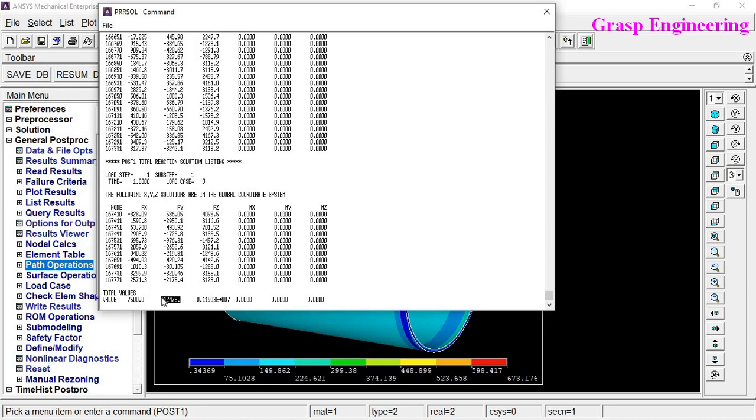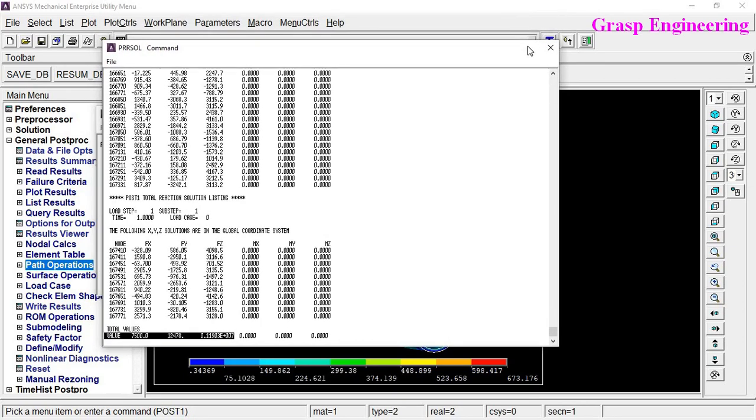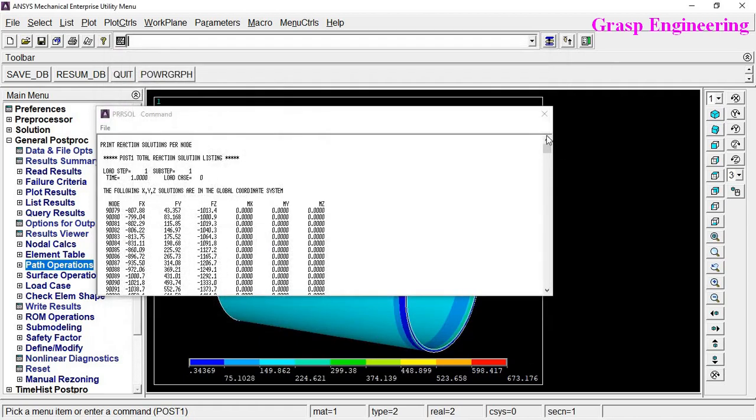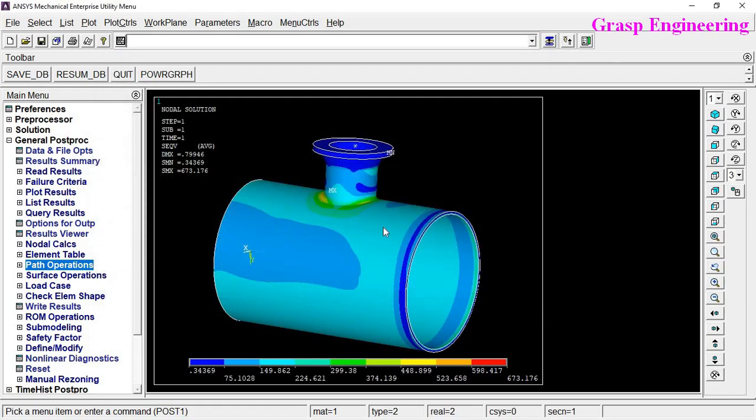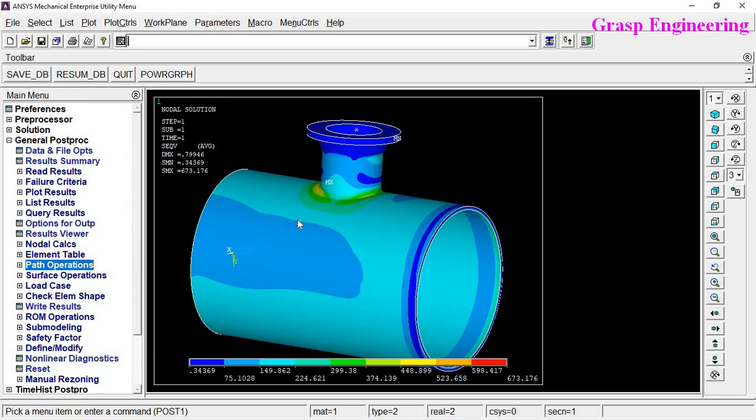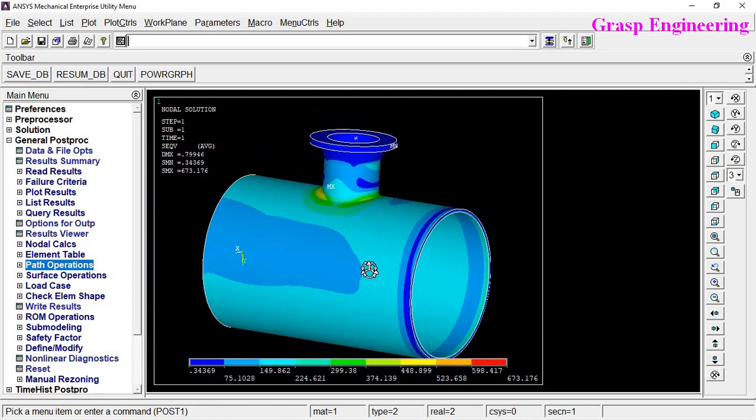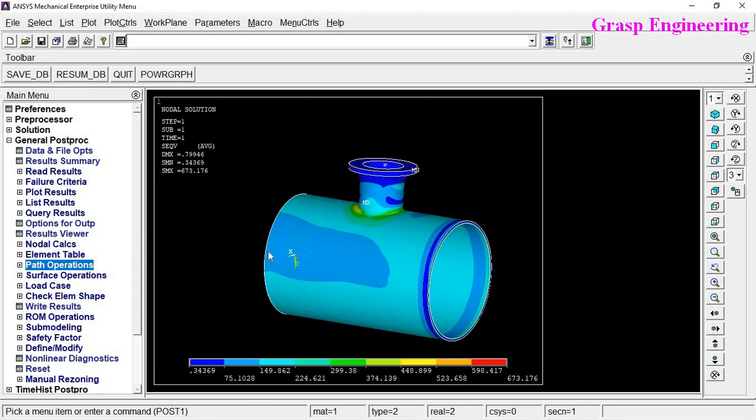Even the Y, 12,500, which is approximately 12,478, is also matching with our applied loads, and Z is increased, like 1.111e7. So that is not matching because it is nothing but the summation of your applied, that is 15,000, plus the reactions. So the Z axis is nothing but the reactions here due to the compensating force.